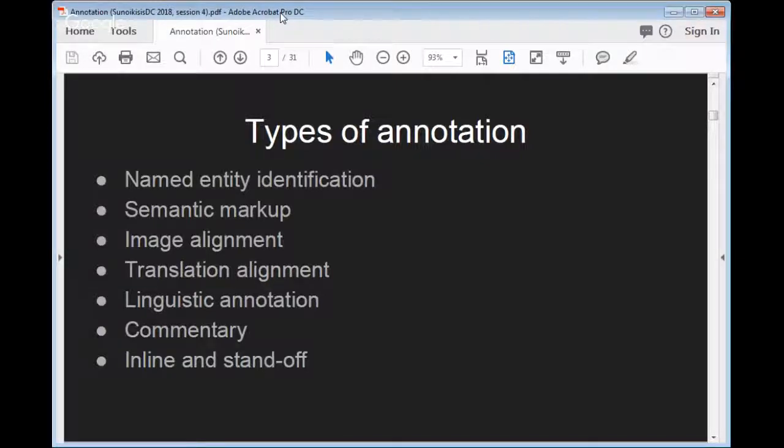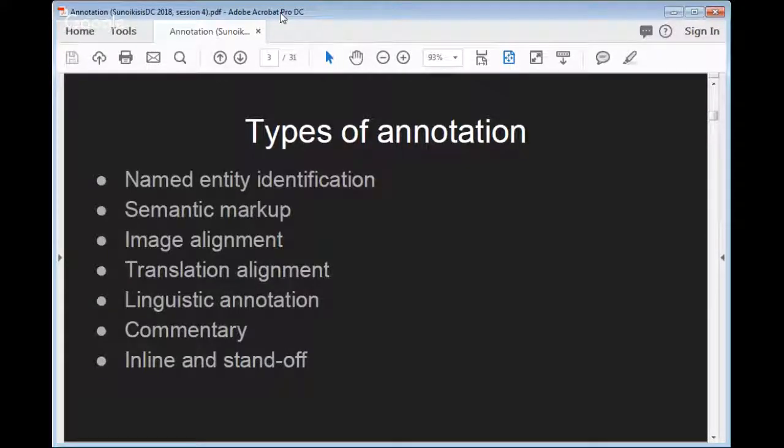All of those are comments tied to specific points in the text, which is really the canonical definition of annotation, right? So all the types of annotation we'll be looking at in this session are where you have a text. It could also be an image, it could be an object, or some other kind of digital object. And you attach either to the whole object or to a particular part of the object, a passage of the text. You attach a comment externally or internally to that, giving more information or giving more opinion on that passage or on that subset of the object.